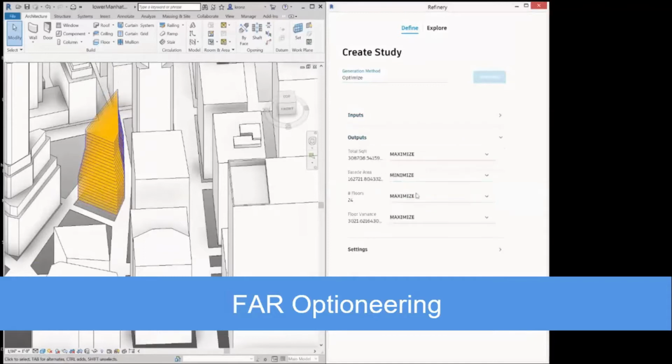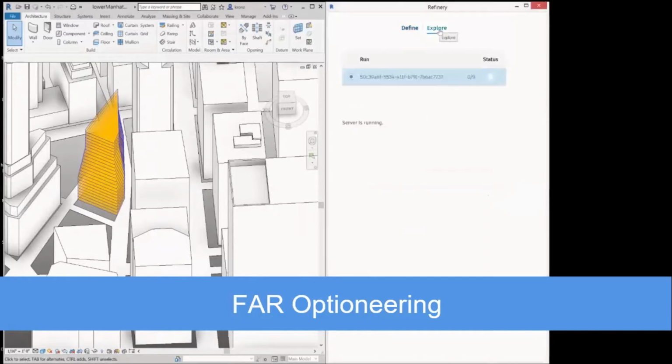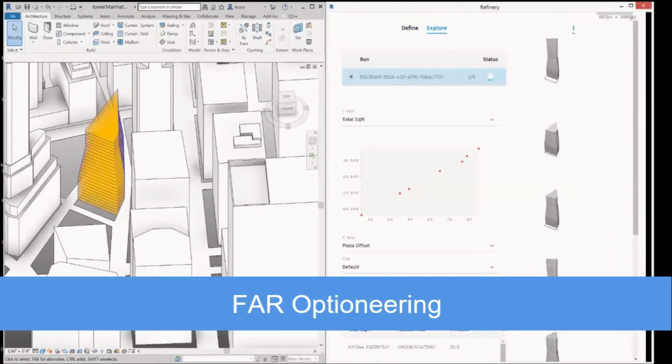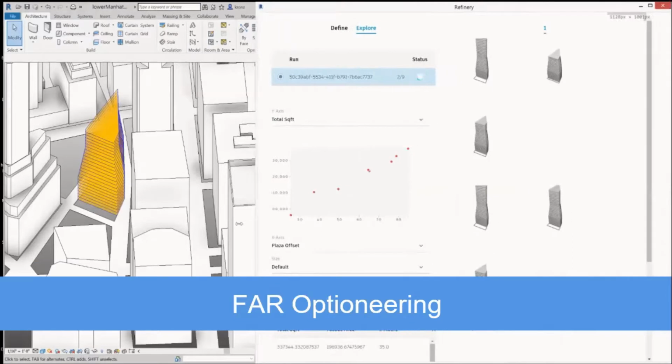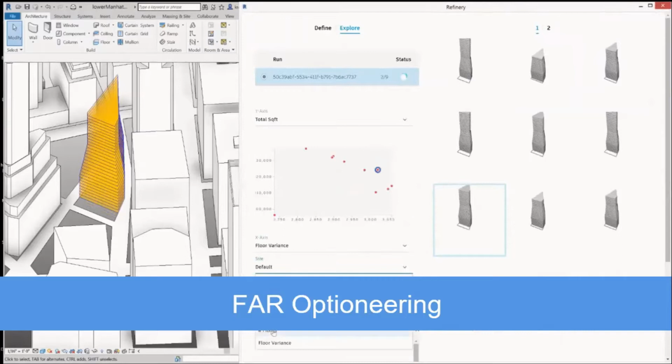This conceptual mass is made in the Revit environment, using the generate option in Refinery. For previous versions, Refinery was just a plugin within Dynamo, but now it's included within Revit as a generative design platform where you can, as you can see, come up with different design options, calculate some area ratios,